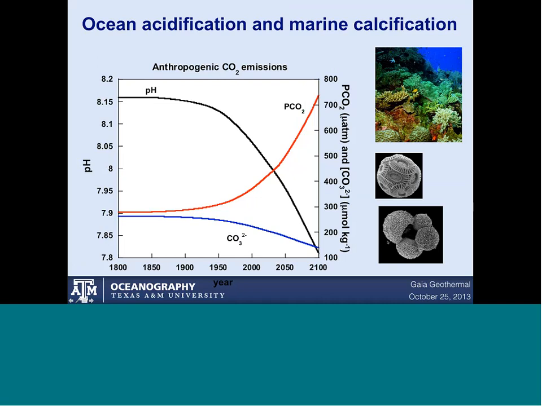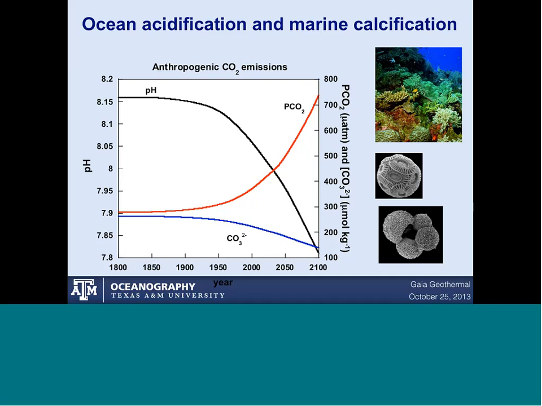So everything from the forams that I talked about before, coccolithophores, which are types of algae that make a calcium carbonate skeleton, to even the coral reefs. All the coral reefs make calcium carbonate skeletons. So all these things are going to be heavily impacted by ocean acidification, and in effect will not be able to build the skeletons and will most likely die because of that. So we're talking about huge mass extinction in the ocean as the pH drops due to the rising carbon dioxide